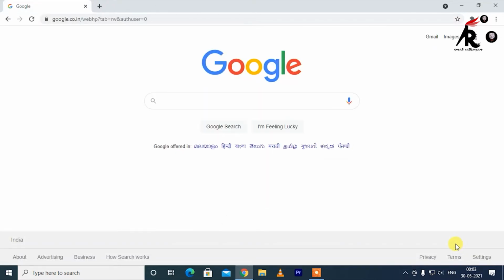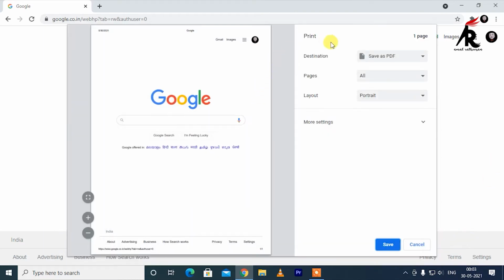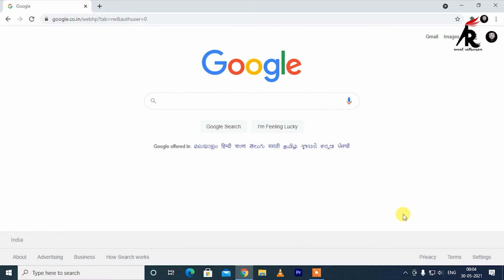Then Ctrl+P, the third shortcut, will help you to print the current working page. You can say there is no printer, you can save it as PDF. Okay, you don't have a printer yet. I'm a baker. So the fourth shortcut is